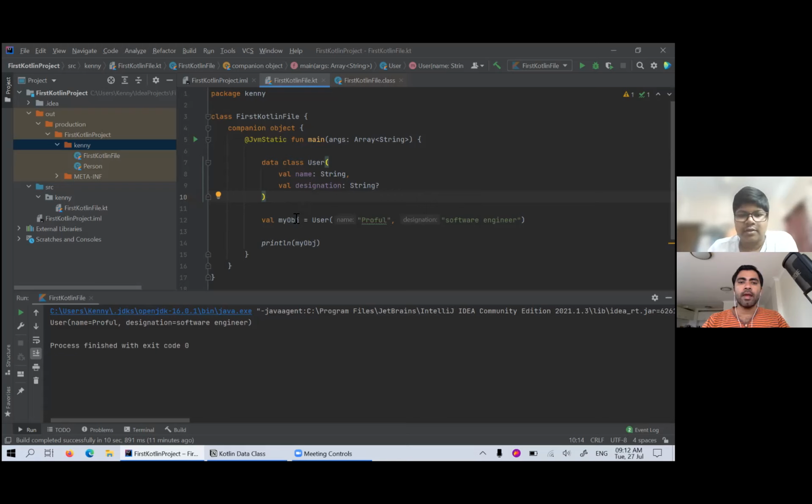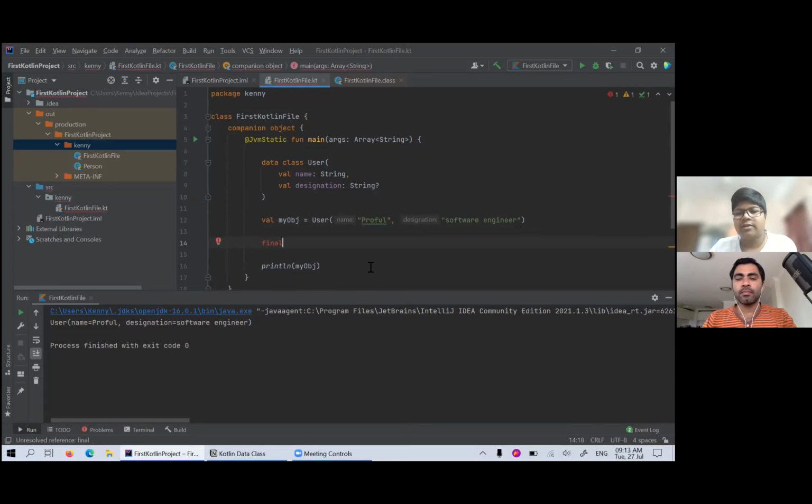And val is used to define any variable, right? Because in Java, we define the data type before. So here everything is val. In Java, I think final is the keyword that you use for constants, right? Yes.